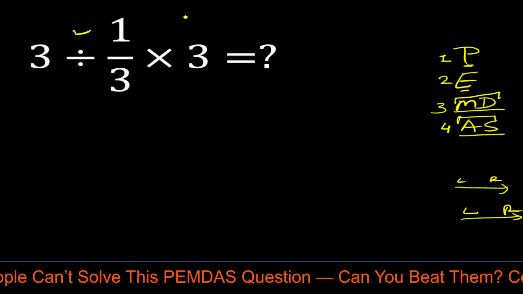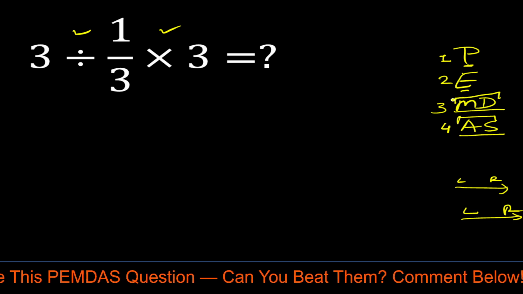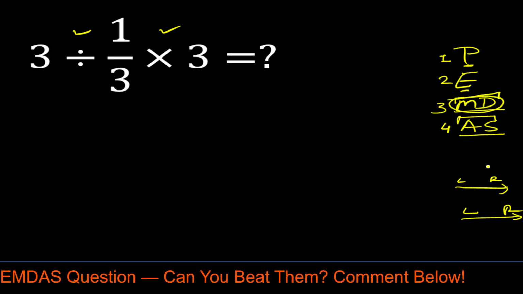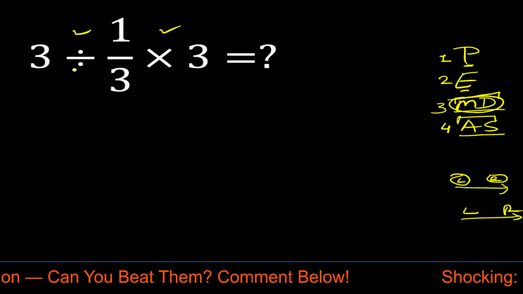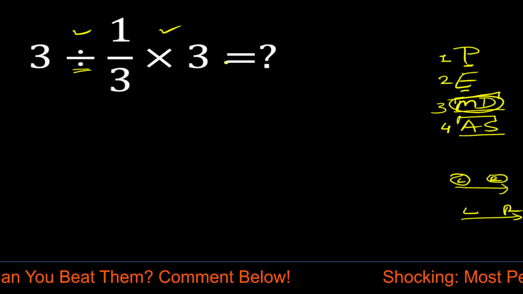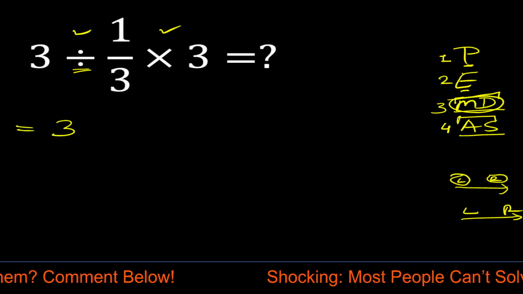So in this question, here we have division and here multiplication. So multiplication and division both have equal priority, so we have to solve it from left to right. So first we have to solve this division, right? So now 3. Now according to KCF rule,